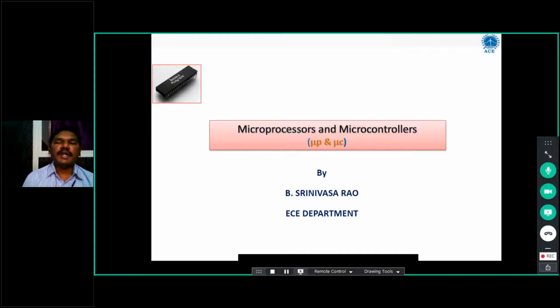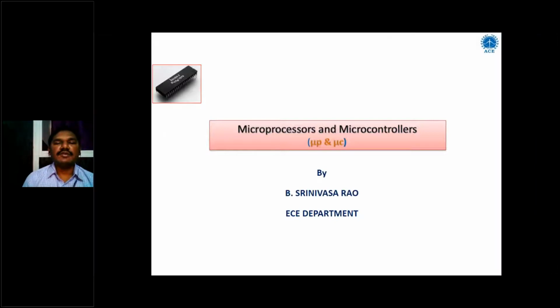First, we will see about microcontrollers, because today's world is depending upon processors and controllers, and these processors and controllers are in every field of engineering for easy operations. So that's why I want to explain microcontrollers from today onwards, because in the first unit we have seen microprocessors, right?